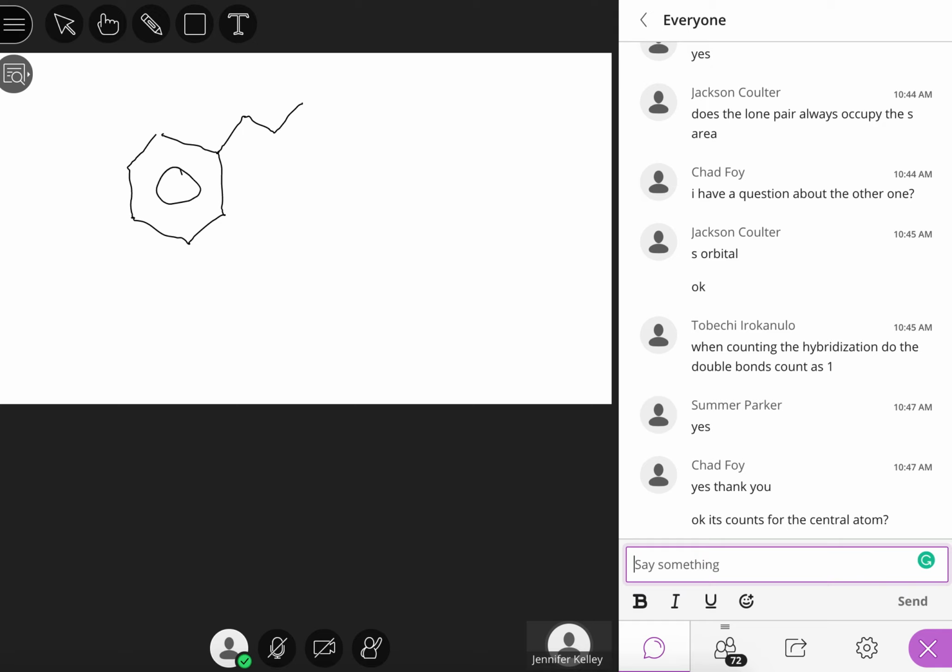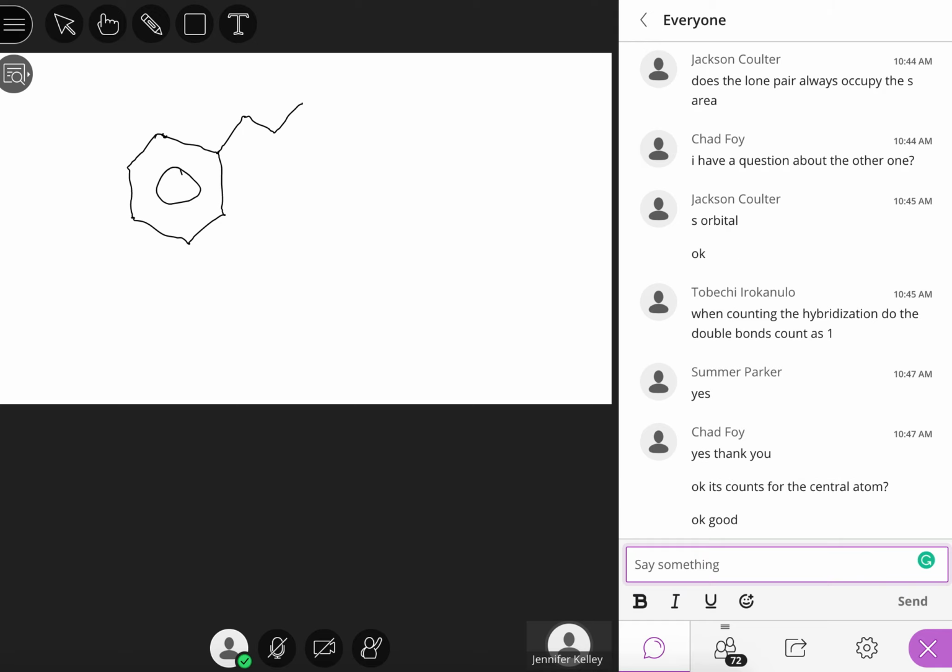All right. So let's say they give you a shape like this, and they say, okay, put it in the thing and build it. One thing to remember, when you're finished building it, up at the top in the little menu, it has a little thing that looks kind of like this. It's like a little tiny set of axes. You have to click on that, and then it'll make your shape the correct shape. So when you're trying to do it yourself, your bonds may end up being a little long or a little crooked, and then your shape may be a little wonky. But when you hit this button here,